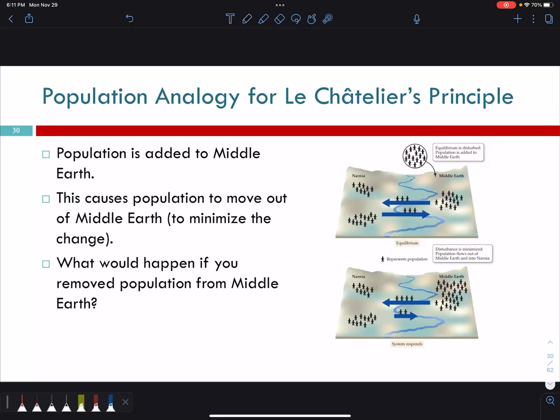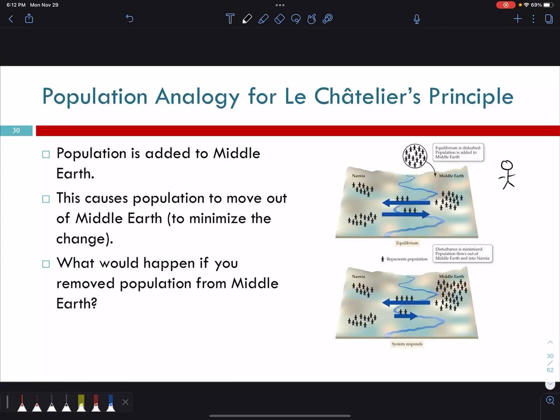Move on. So if we have, again, Middle Earth and Narnia, you probably didn't know that they're right next to each other. If we add population to Middle Earth, Sauron's just spawned a whole bunch more Uruk-hai. It's all really crowded now. We've added more people